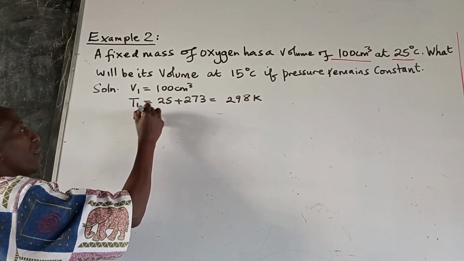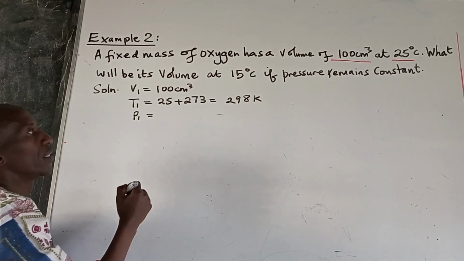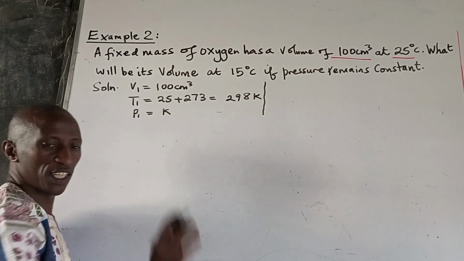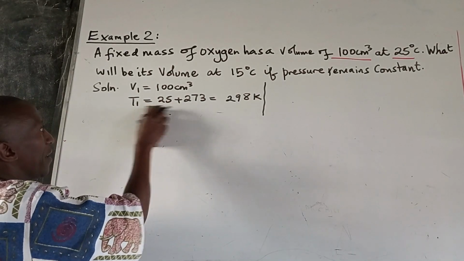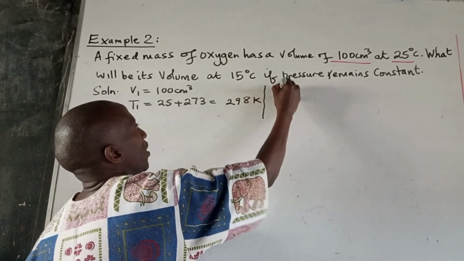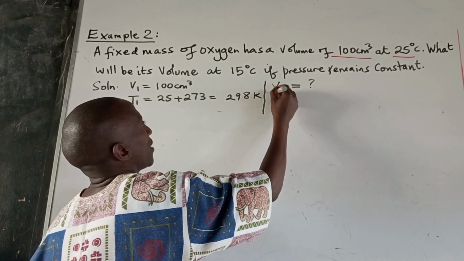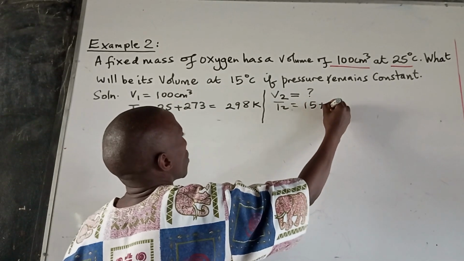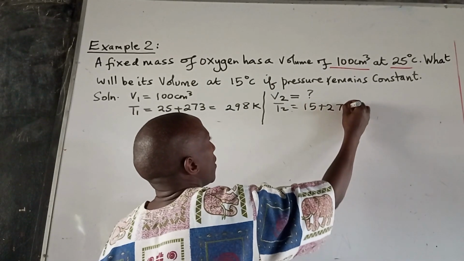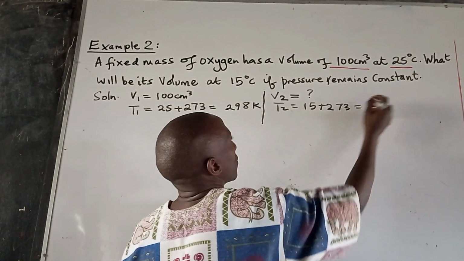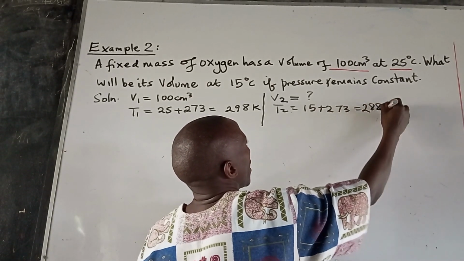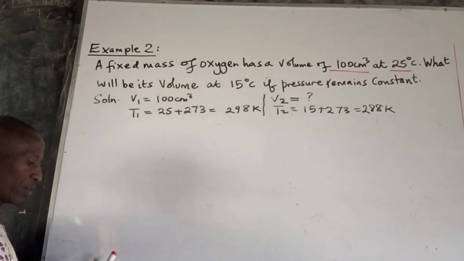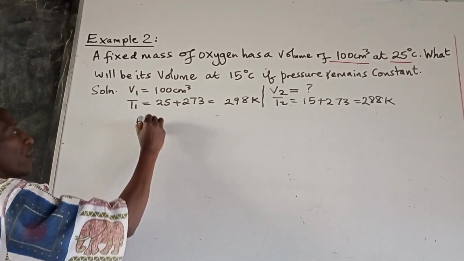The P1 is a constant. This is constant, it's not changing, so we need not factor it here. We look at V2, which is what we are calculating, and then T2 we're given at 15 plus 273, and that gives us 288 Kelvin. In summary, if we use the combined gas equation, we have P1 V1